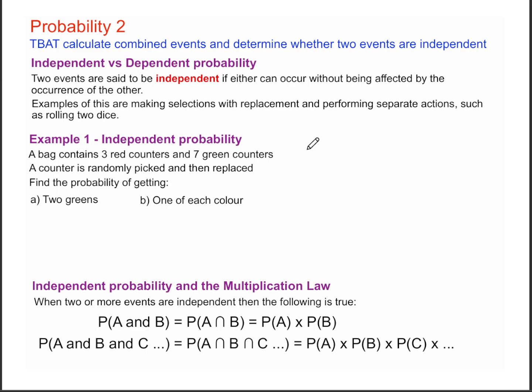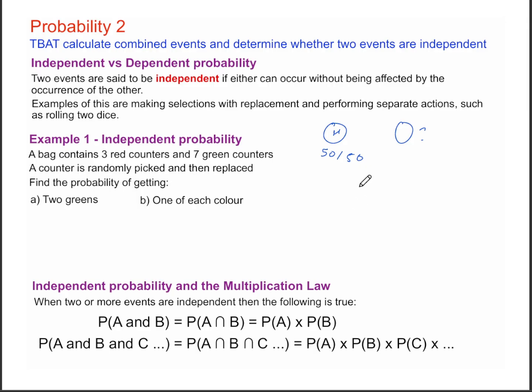This is the second part of probability, and we start off with independent versus dependent probability. What exactly does that mean? Well, two events that can occur are independent if they don't affect each other. For example, the flipping of a coin, right? If I flip head in my first try, does that affect my chances of flipping head in my second try? No, it doesn't. Each time I flip the coin, I have a 50-50 chance of flipping a head or a